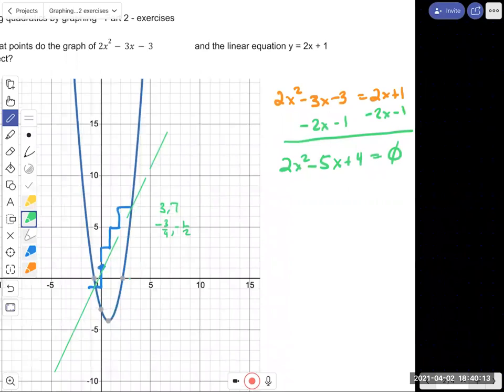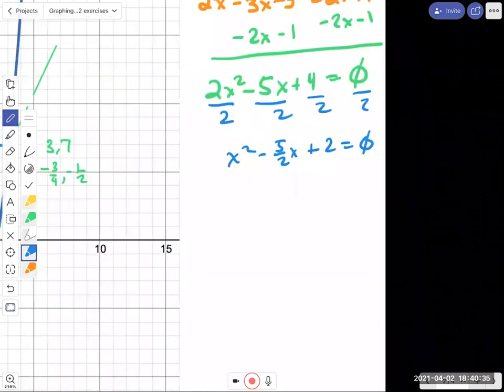I think the first thing I might try is to just divide by 2 and see if that gives me any help. So I try dividing by 2, and I get x squared minus 5 halves x minus 2 equals 0. All right, so then I say, well, maybe